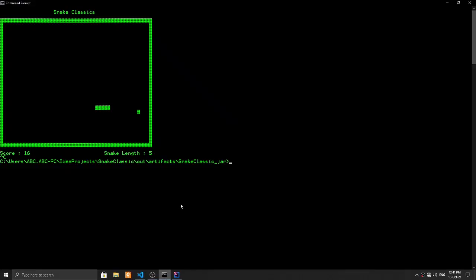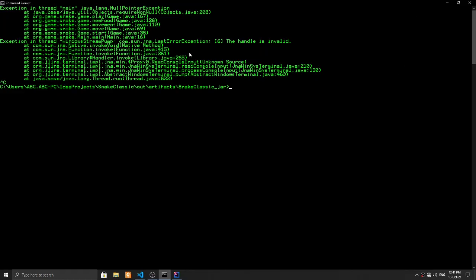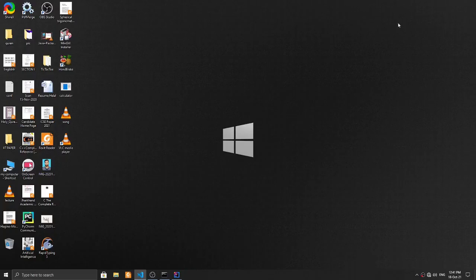Alright, so I'm going to open the command prompt here. So as you can see, the game is now functioning properly, and we can press the up key and the snake is going to eat the food. Oh, no, there is some kind of problem. Alright, so a Java NullPointerException. Oh, I got it. What's happening here is that since we have added two new files to this thing,